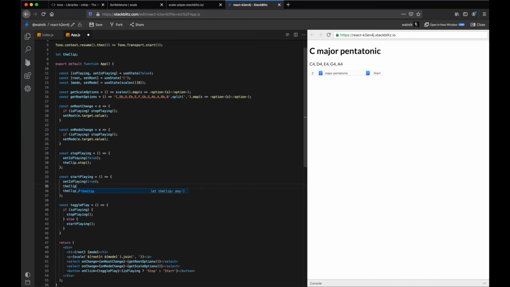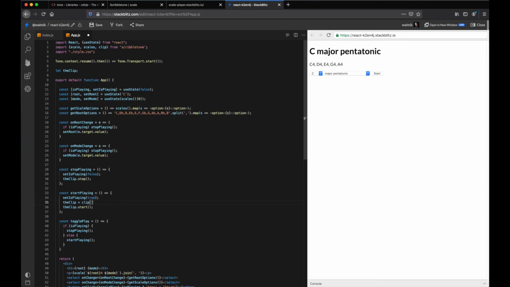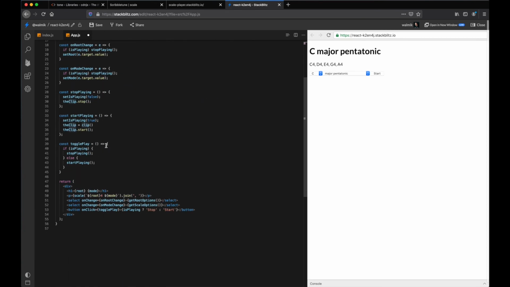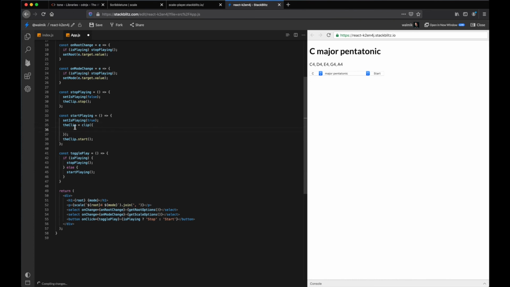We can just assign a value to it like this, and we'll use the clip method here. This is from Scribbletune, the one that we imported over here like this. So we're going to do the clip is equal to clip, and clip accepts a single argument, and that argument is an object literal. In here you can specify the properties of that clip. So in this case, I want to use an instrument which is a synth. This synth is from tone.js,